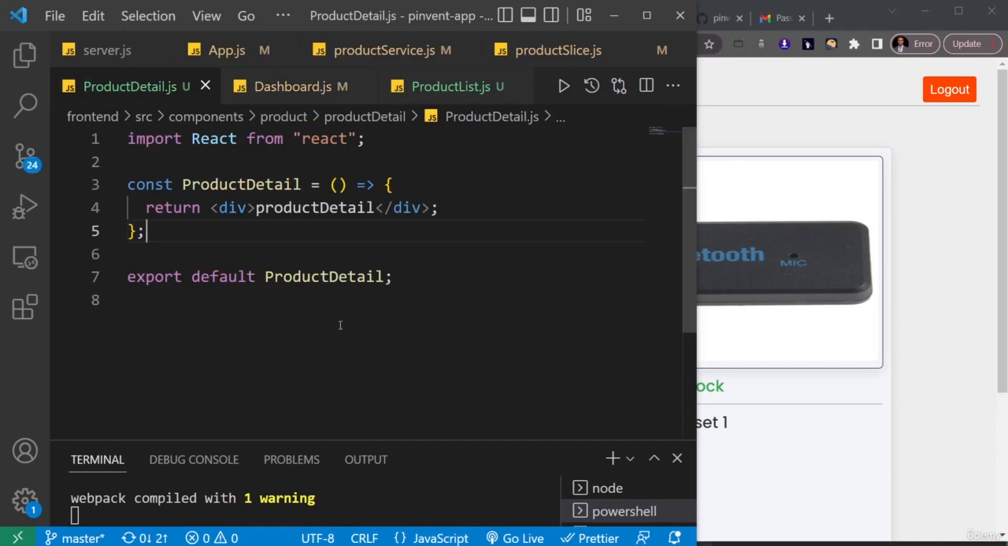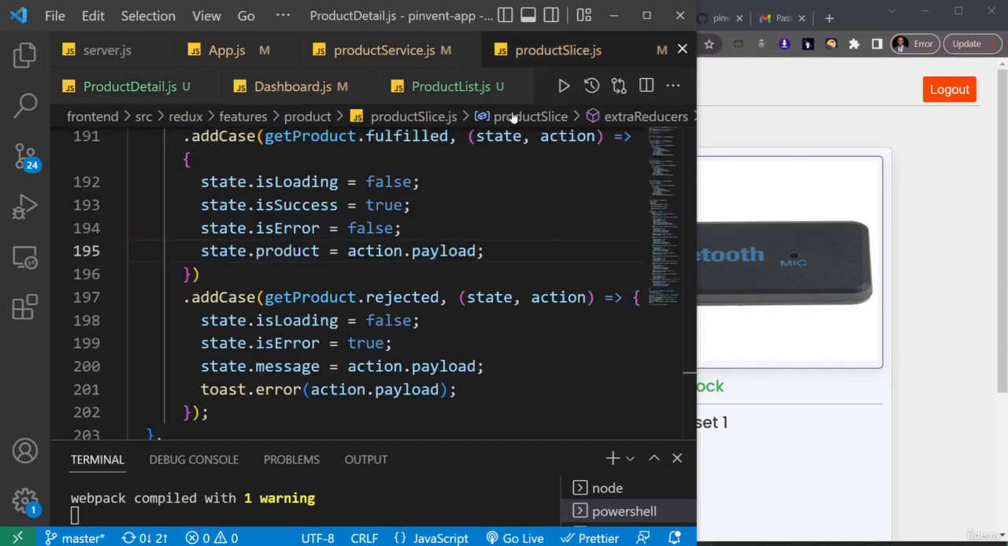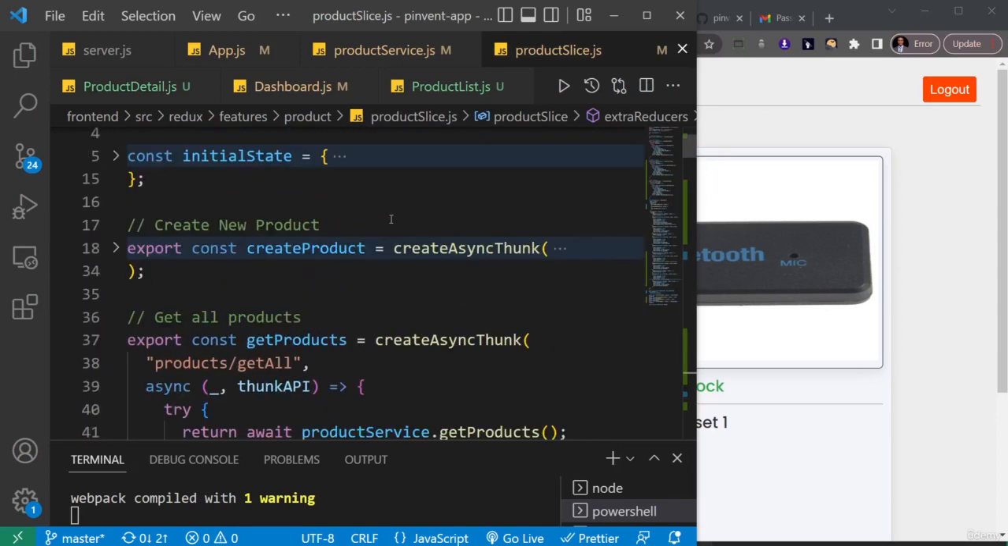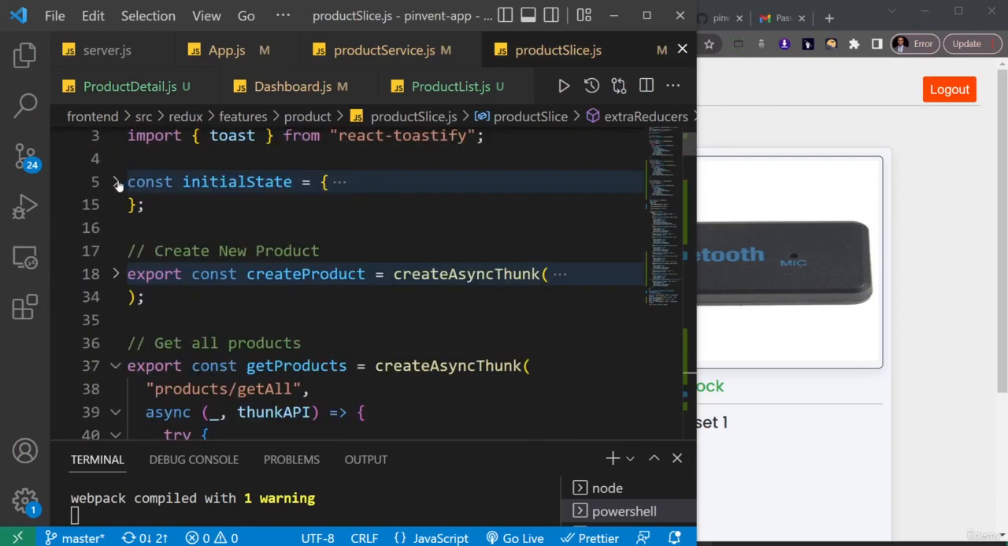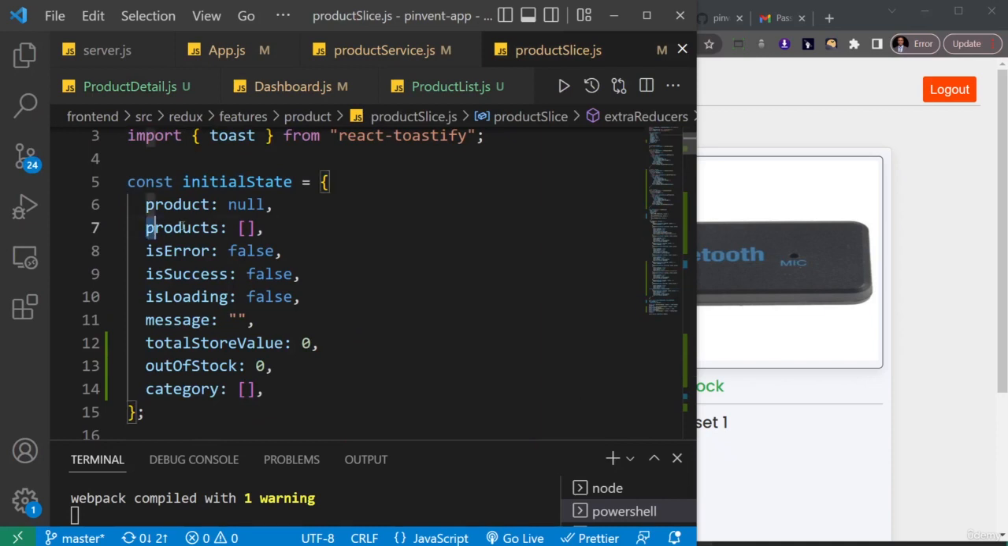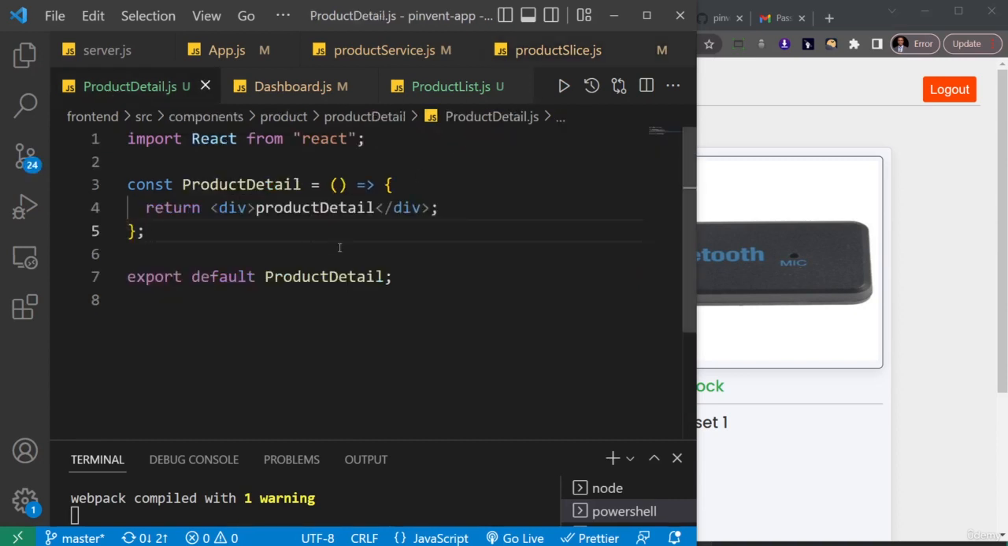Now there are two ways you can actually display a product on this page. The first is to look in Redux, get all the products that we saved to Redux. Let me just do a quick reminder. So go to product slides and then I'll scroll to the initial state. You'll see here that we saved all the products to Redux. So one way you can get a single product is to just filter through these products that are saved in Redux and then find the specific product that you want to display by its ID